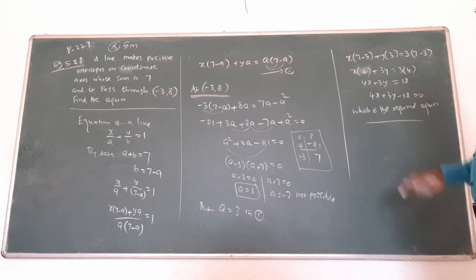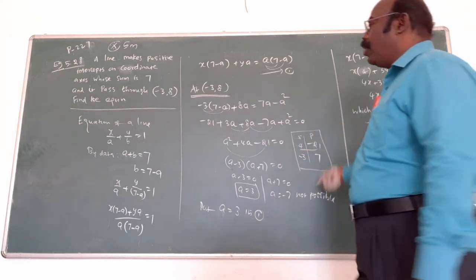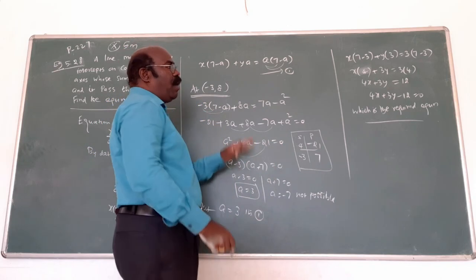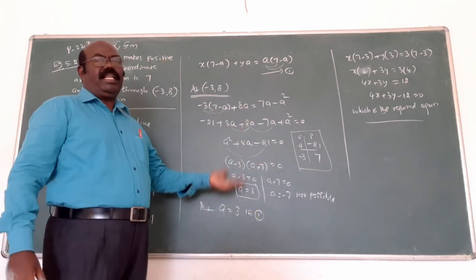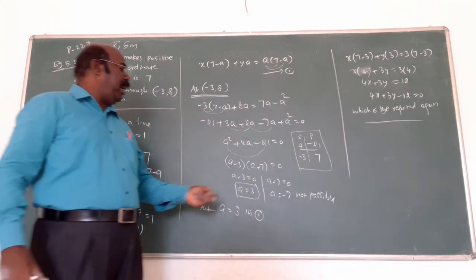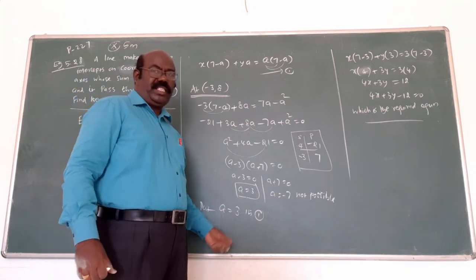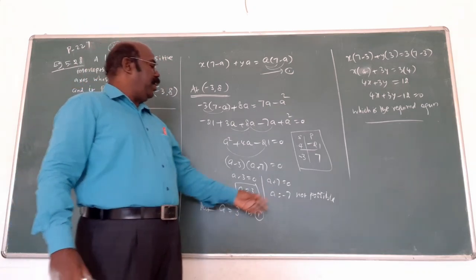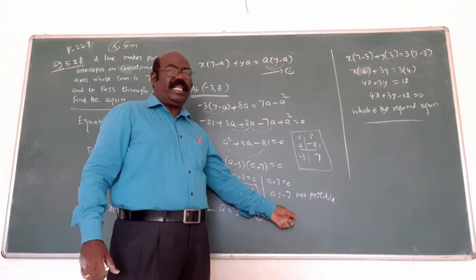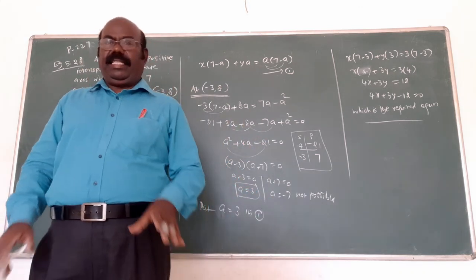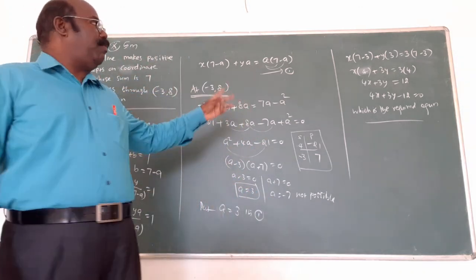Am I right? Important number percent. The calculation: you get an A square term, that's why you want to factorize and solve the equation. Because there are two values for A, and here the line with positive intercept is given, that's why you consider the positive sign. We don't consider minus 7. That's why important 5%. This section is over. 2 exam also over.